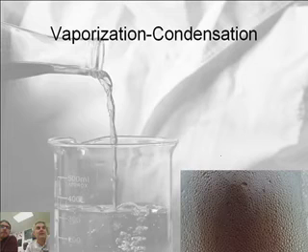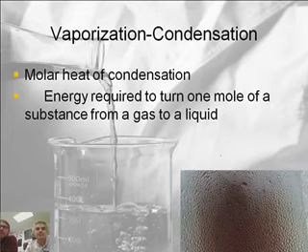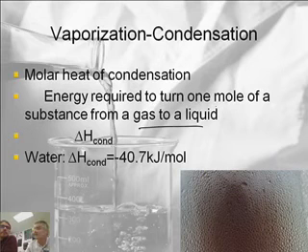All right. And then we've also got the molar heat of condensation. That's just going the other direction, from a vapor to a liquid, gas to a liquid. And this is called delta H cond. And guess what? The number's the same except with a different sign. Now this is an exothermic process, meaning as something condenses, it releases quite a bit of energy, which